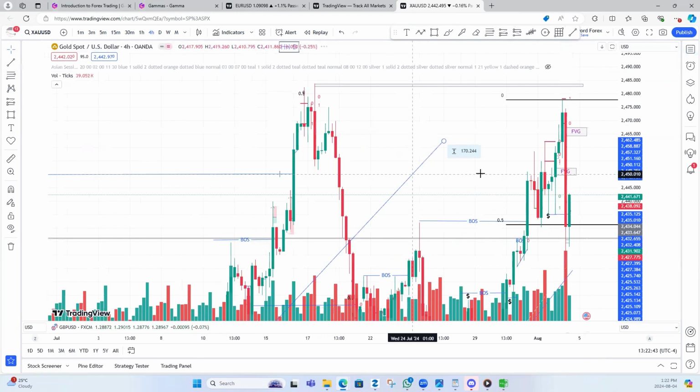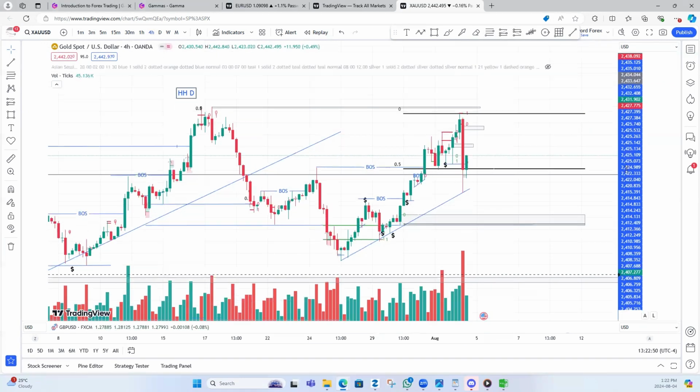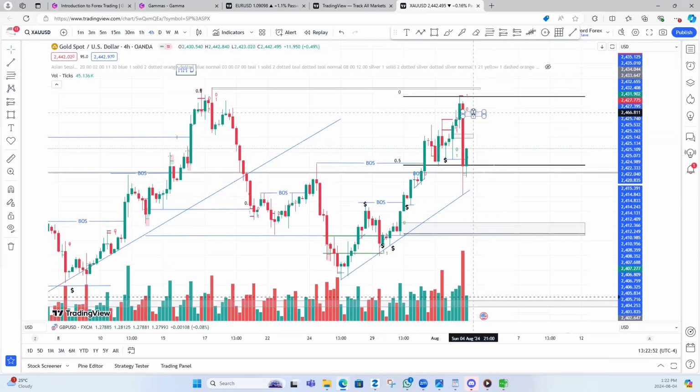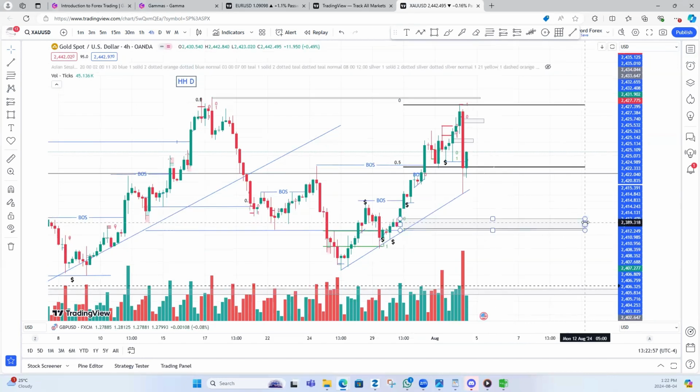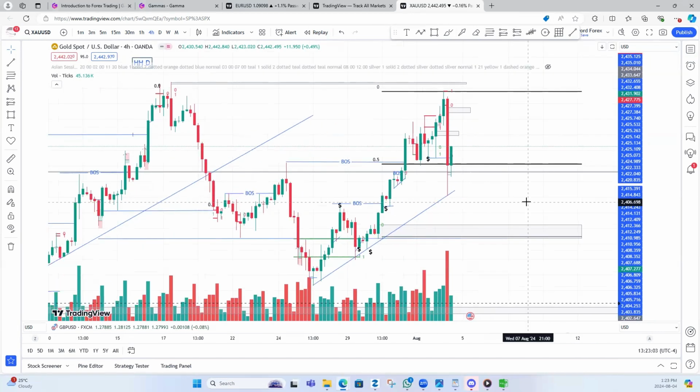You can see 4 hour, my levels have been marked right here. I'm waiting for the market to come to this level for me to buy. I already sold at this particular level. So these are the levels that I marked using this particular tool, which you will learn later in the course: how to mark those levels and different levels where you can expect price to come and give you some sort of reaction or a reversal. Okay, so these are the basic things that I use in TradingView.